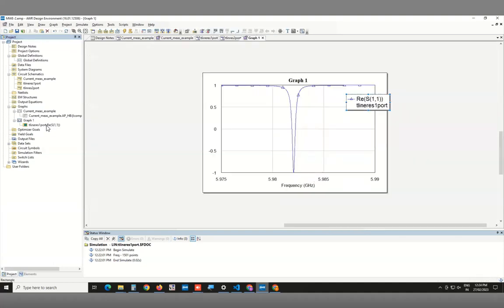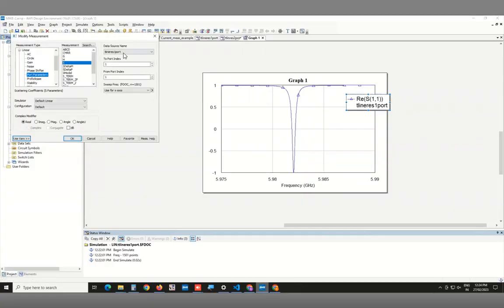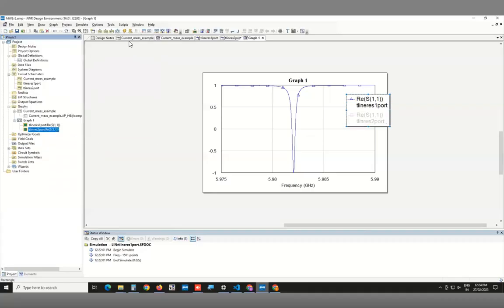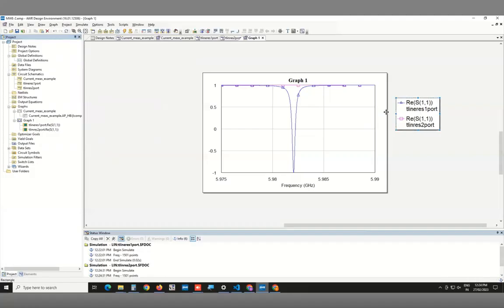So now we can just add the plot for the 2-port one. Let's use this duplicate measurement option, change the data source to the tail in 2-port and still use the same port 1, 1 and the real part. Okay, now here is a problem. You don't see anything in this real part, right? This is the pink line here. It looks flat. It seems to indicate that